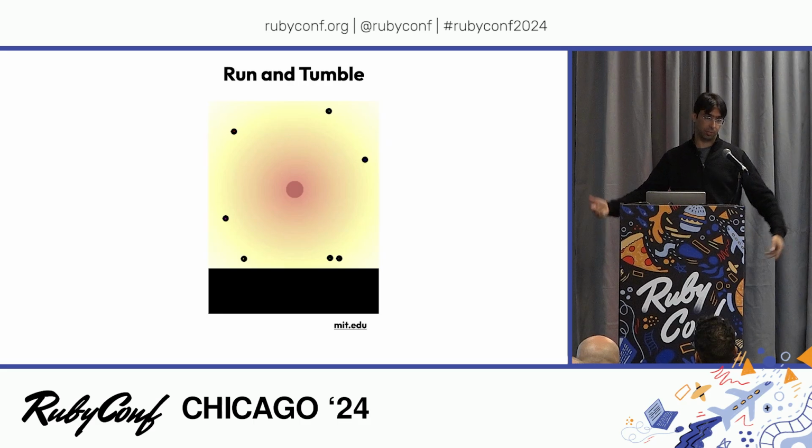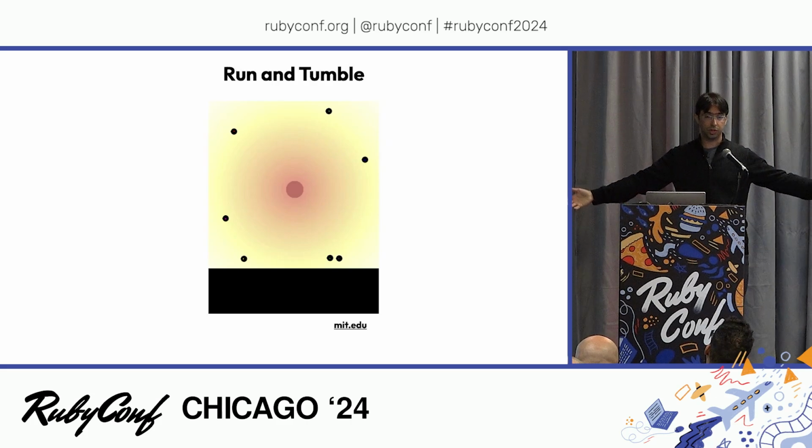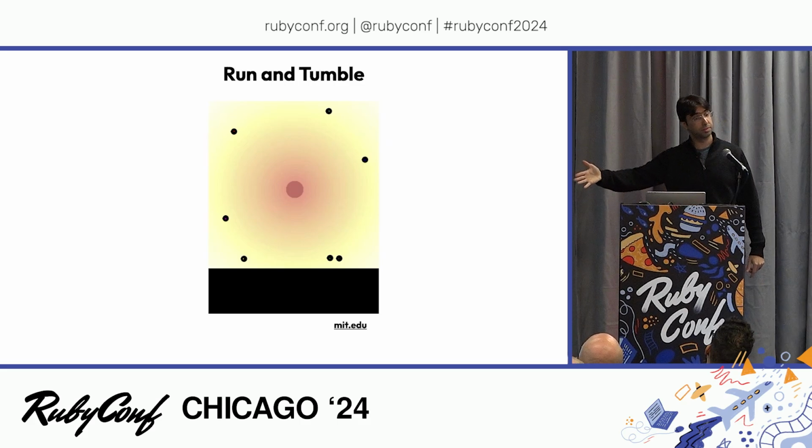So it's a two-step process. It has a tail that it moves clockwise, and that pushes it forward in a straight line. And then it senses the concentration of sugar in its surroundings. If the concentration of sugar is going up, that means it's heading in the right direction, right? The food source is somewhere out there, and the concentration of sugar is telling it it's heading in the right direction. But if the concentration of sugar is going down, it means it's heading the wrong way. It's moving away from the food source.